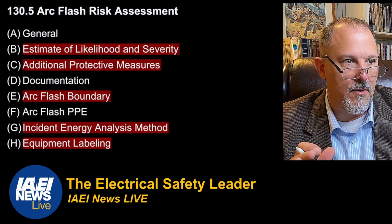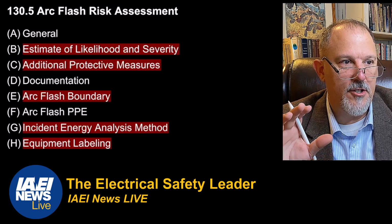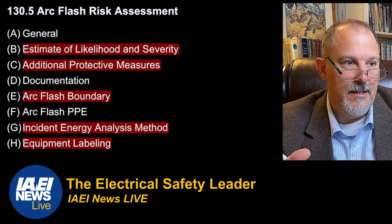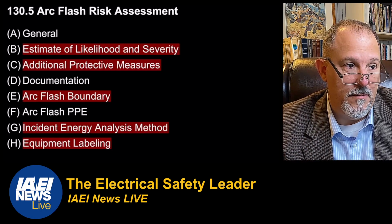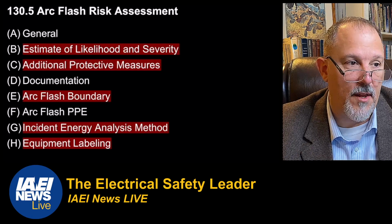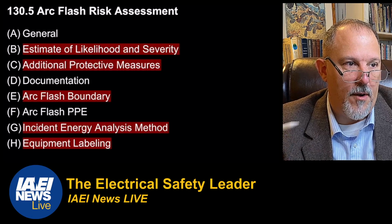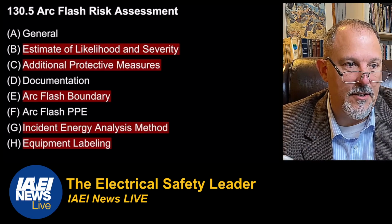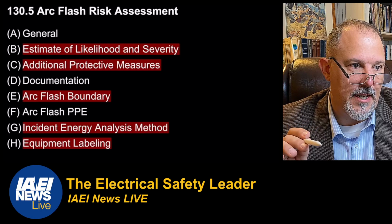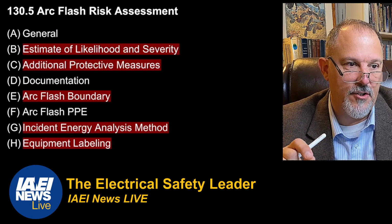From a 130.5 perspective, we have 130.5A, general, which is basically giving you your scope. Well, we have a scope in 130.1. So 130.5A is basically telling us what this section is going to do. 130.5B is your estimate of likelihood and severity. And I note that it changed here. B says, the estimate of the likelihood of occurrence of injury or damage to health and the potential severity of injury or damage to health